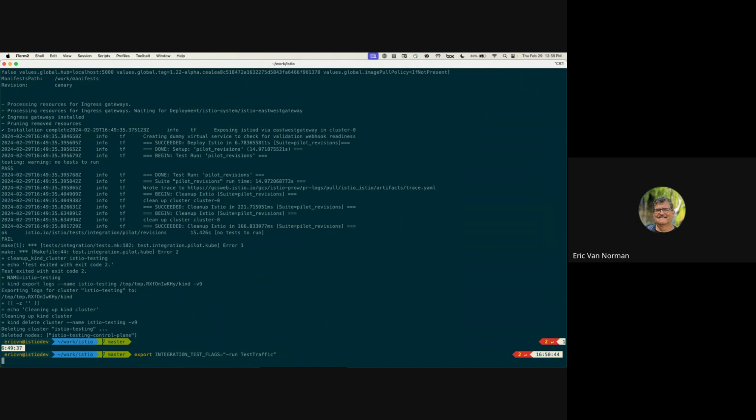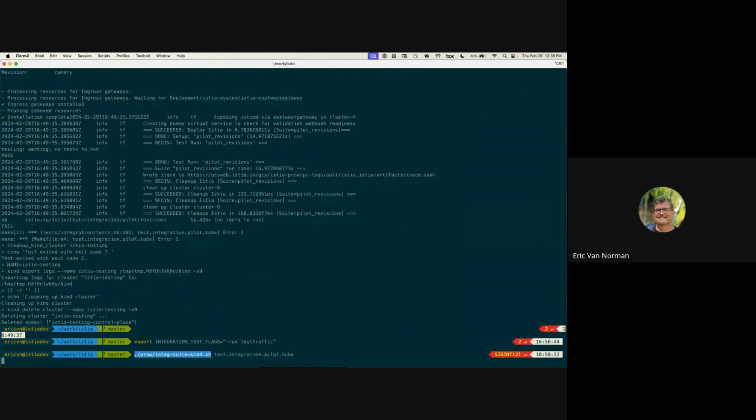And then the other thing I typically do is I set the test flag to be running whatever tests I want to do. In this case, I wanted to run test traffic. So basically, I set those up, and then basically I run this command. I run this integration suite kind. And the way I run it now is I run this in my VM instead of inside the build tools. In the past, I used to have to run inside the build tools. And basically, I want to run all of the integration tests that are on Cube